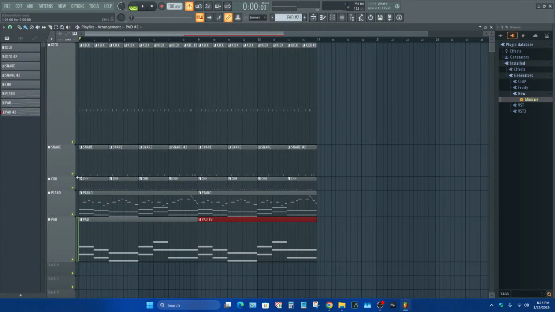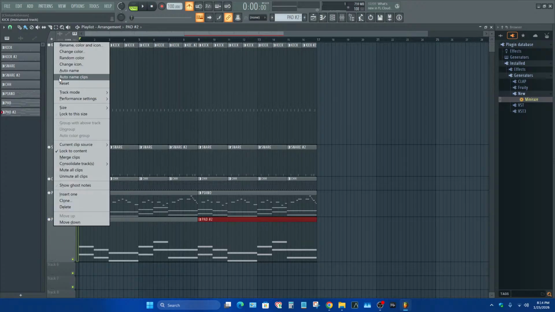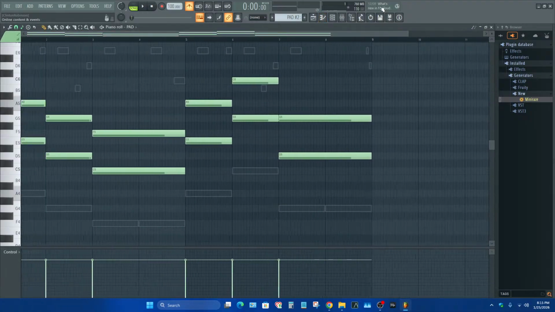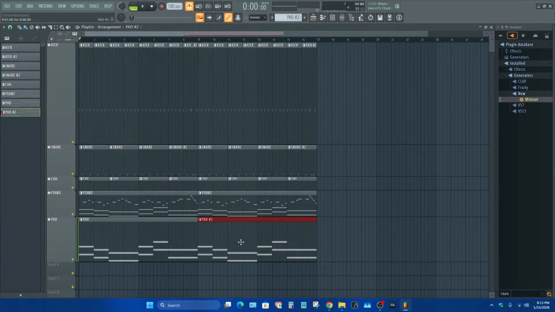And if you don't want to do this one at a time with naming and stuff, you can wait and then name them all at once, and then highlight them all, and then click it and do auto name, and it'll auto name all of them what you named them all together. That way you don't have to do one at a time. So if you're in the groove of just making music and you don't want to name stuff right away, that's a plus. So we're clicking into pattern 2 of the pad,